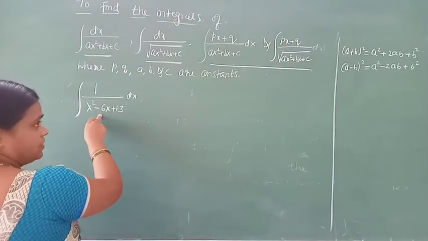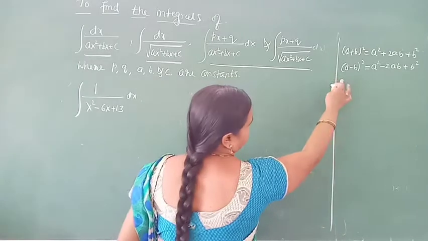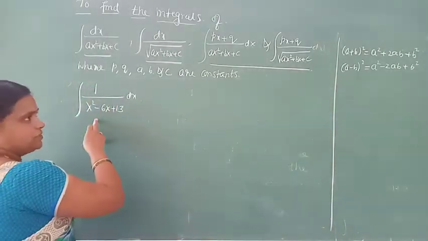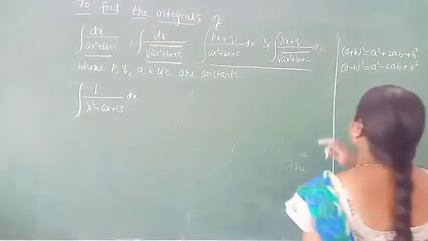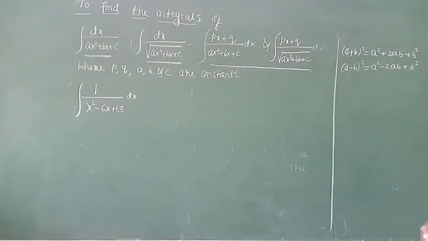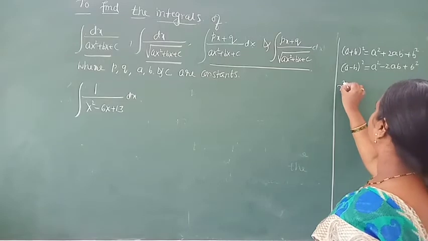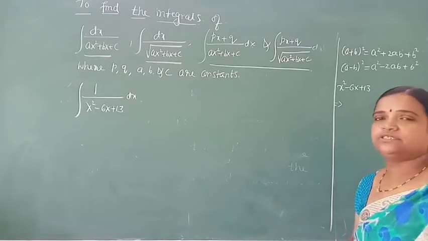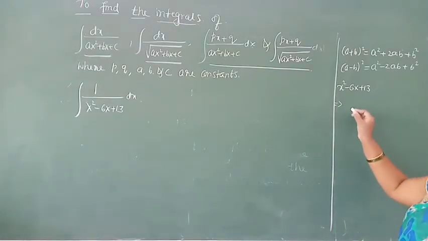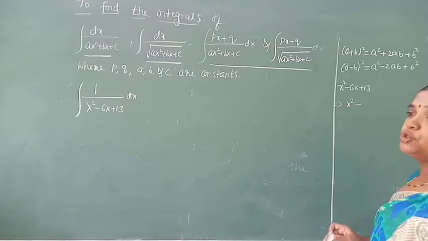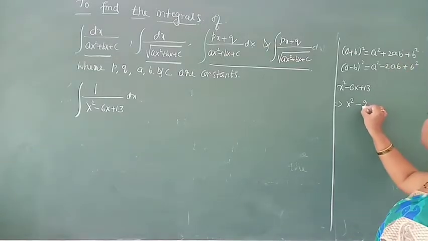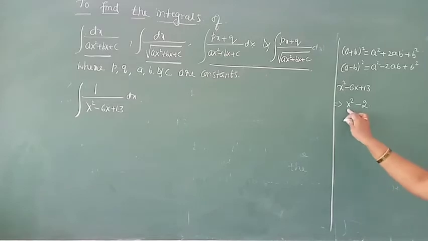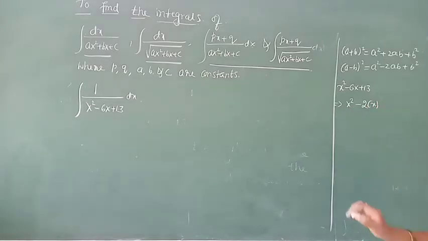If the middle term is minus, we get the a minus b the whole square form. If the middle term is plus, we get the a plus b form. That one you have to remember. Given is x square minus 6x plus 13. Just listen, I will give the explanation. This is x square minus 2ab; 2 is compulsory here. What is your a here? x. A is x here.